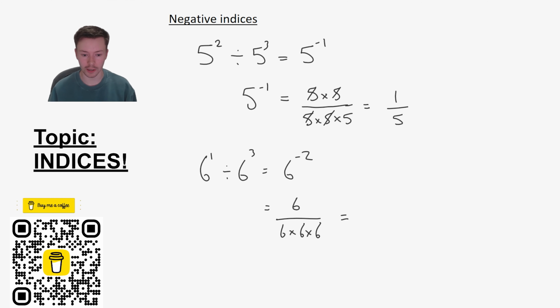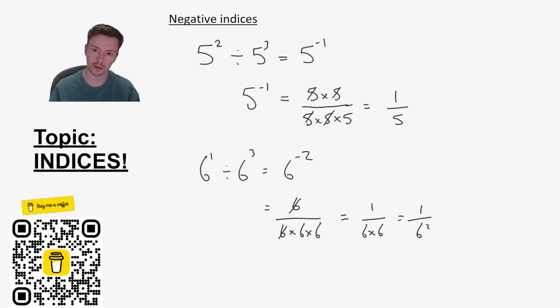Now again, we can cancel out, so 6 on the top will cancel with 6 on the bottom, and that leaves me with 1 over 6 times 6. Now interestingly, that's 1 over 6 squared. Okay, so 6 to the negative 2 is the same as 1 over 6 squared,